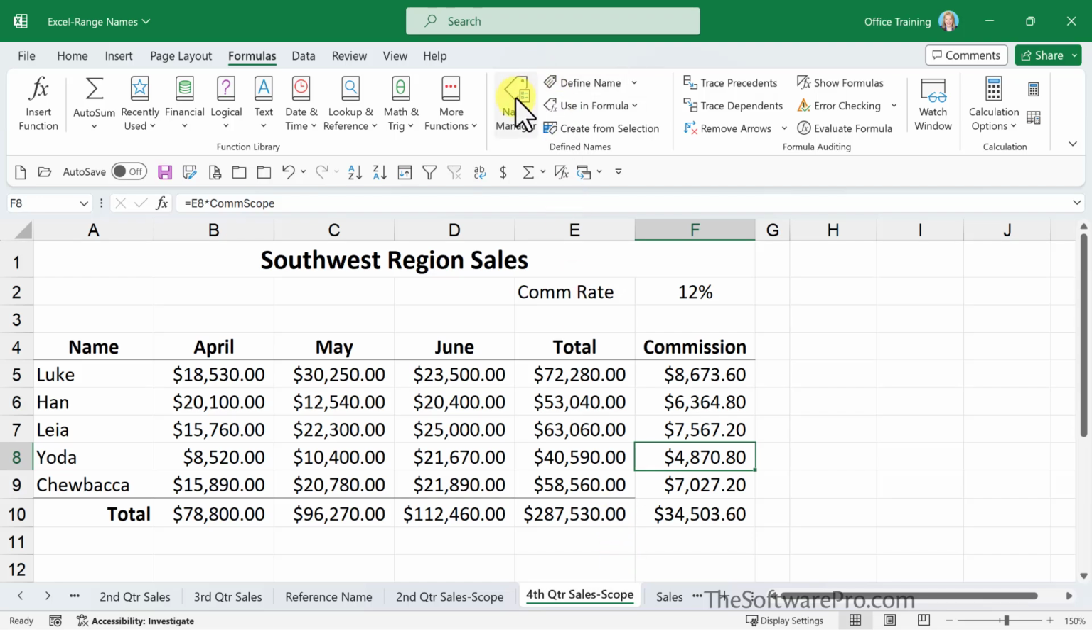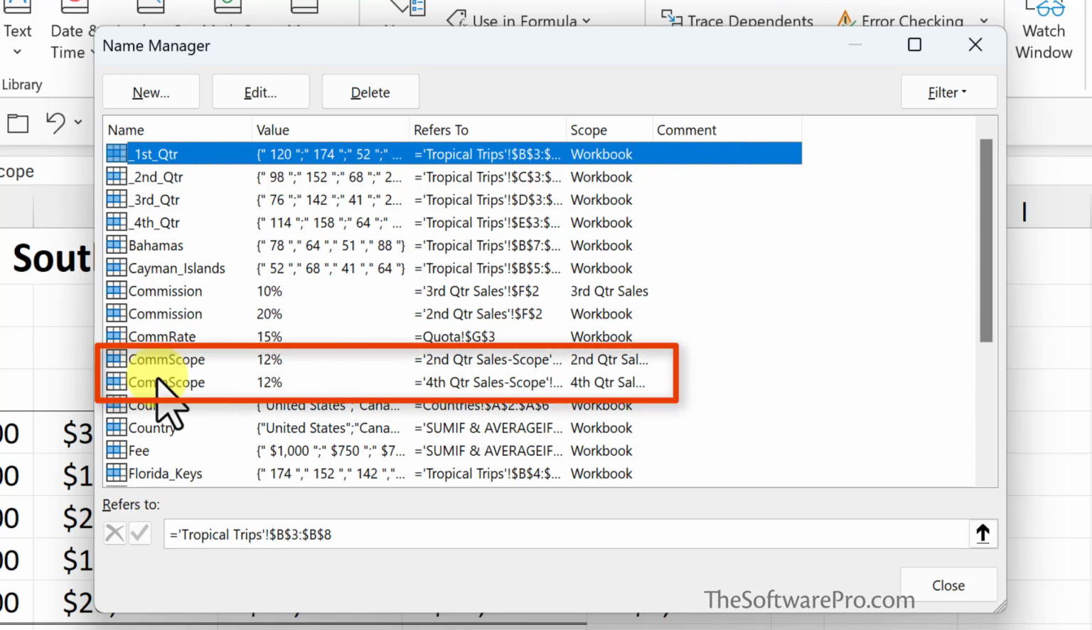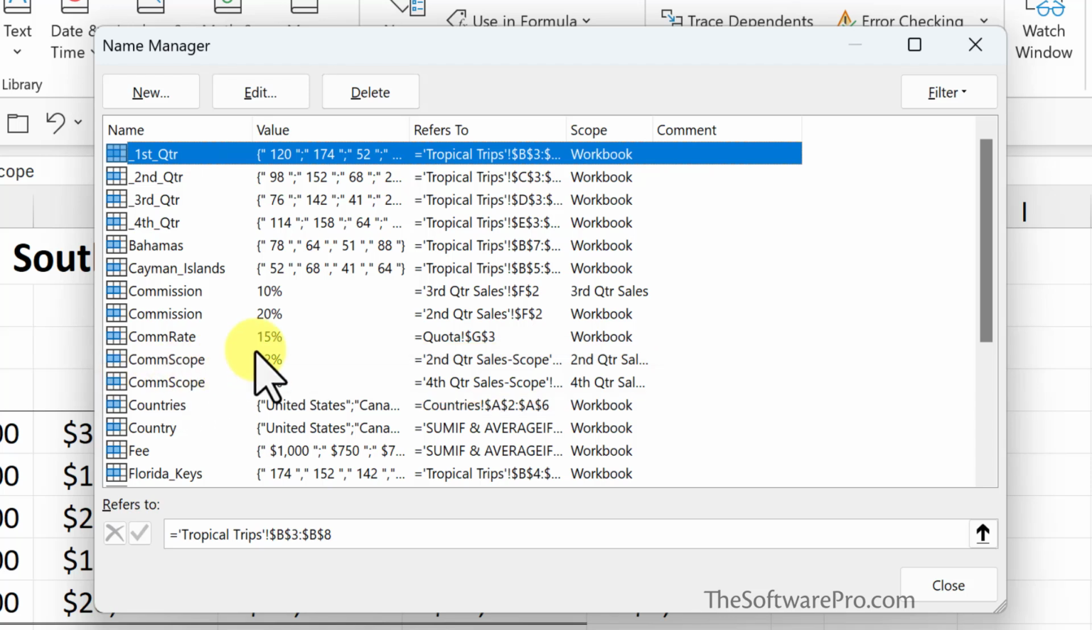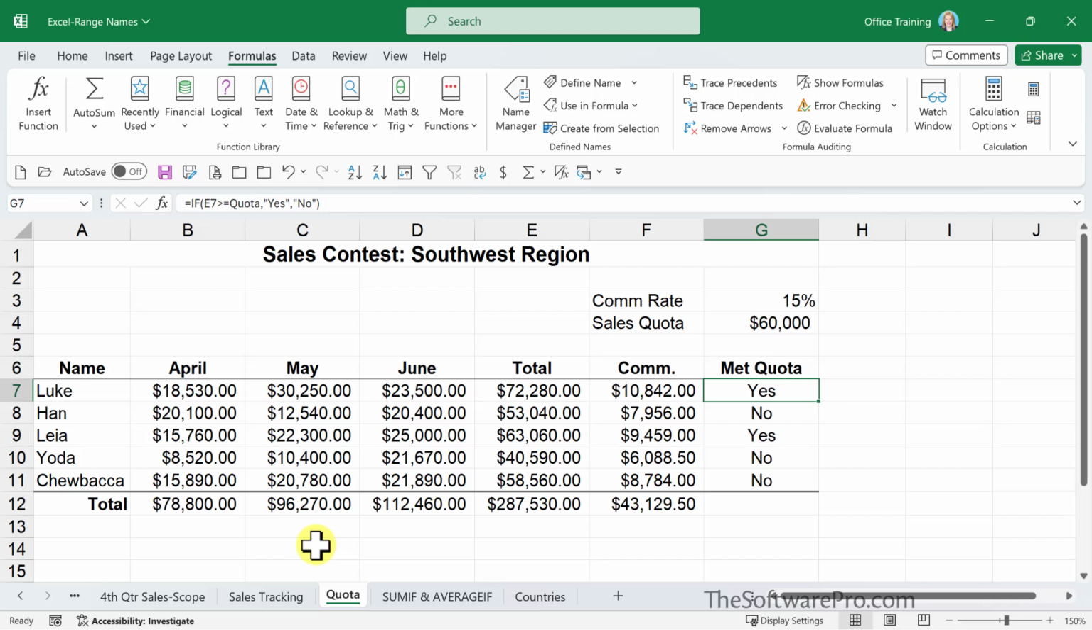And now if we look at the name manager, here is my commission scope. And that makes it much simpler for us to be able to make changes from one to the other. You can see then the values are indicated here as we have those different commissions. So consider whether or not the scope might be a better option for you as you're building formulas and working with those. Let's wrap up by looking at a couple of examples of how range names can also be used